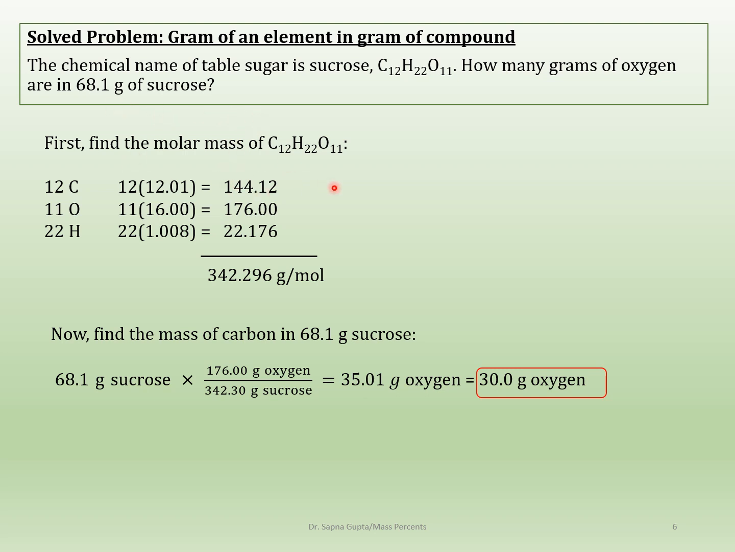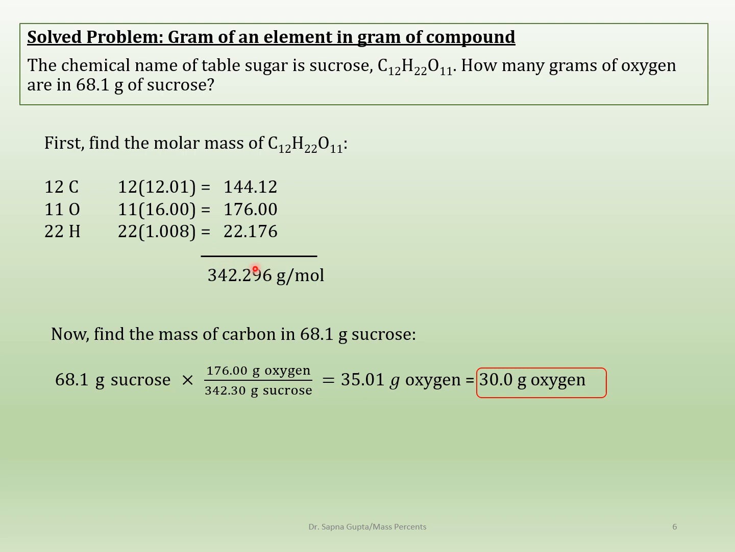So first we find the molar mass. Everything we have to find the molar mass. So here's the molar mass of sucrose. So it's 342.96. Okay, grams per mole of sucrose. Now to find the mass of carbon, just carbon, or is it oxygen? I'm sorry, this should be oxygen here. So to find the mass of oxygen in here, so you need to find how many oxygens you had, and you had 176 grams of oxygen in 342 grams of